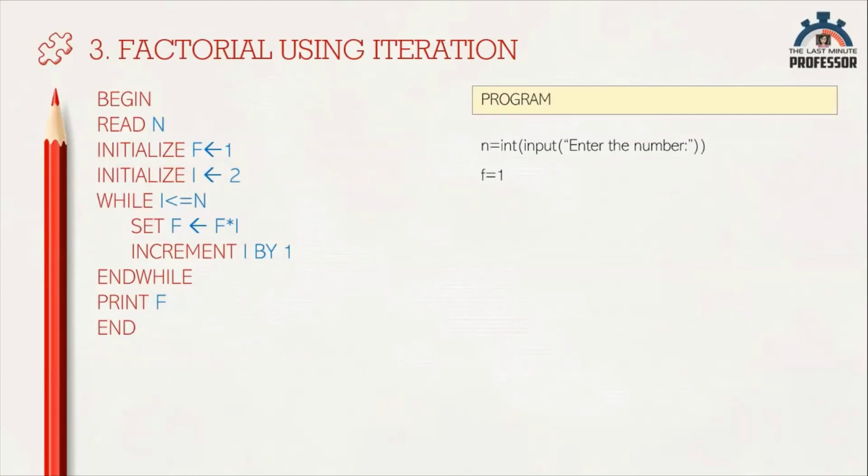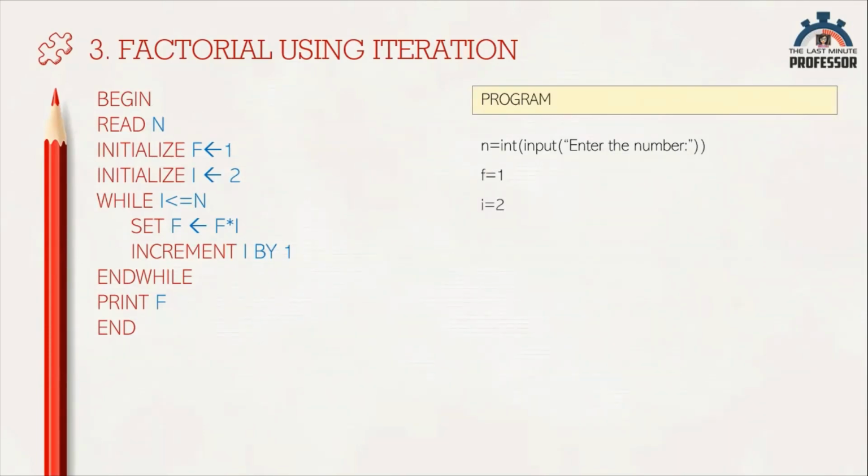Then what I'm going to do is multiply f by 2, then update it in f. Then multiply the current value of f by 3 and update it in f. And I will continue this process till n for finding n factorial, so that I can do 1 into 2 into 3 into etc. up to n.